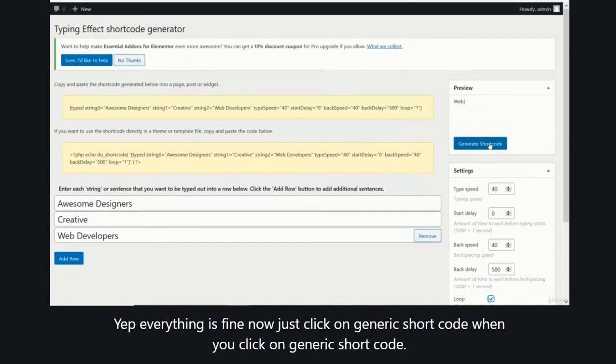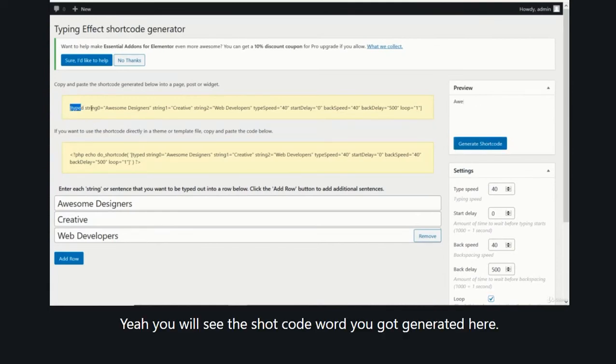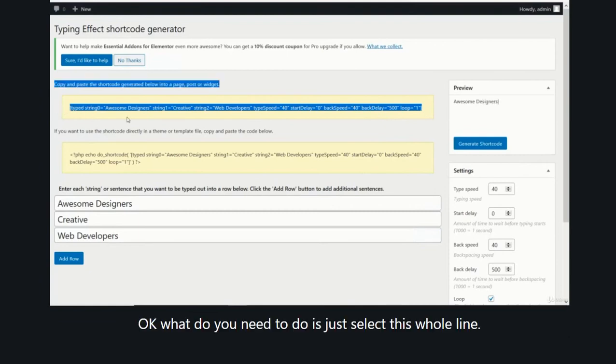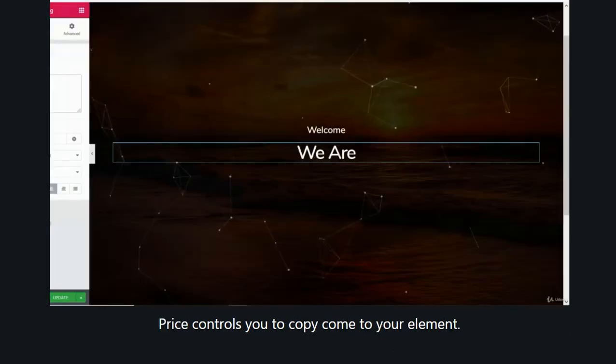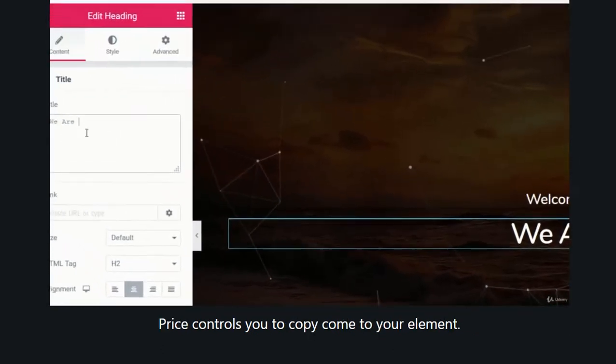Now just click on generate shortcode. When you click on generate shortcode, here you will see the shortcode which got generated. What you need to do is just select this whole line, press Ctrl C to copy, come to your Elementor.